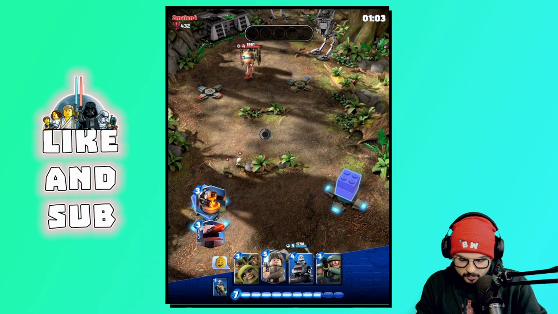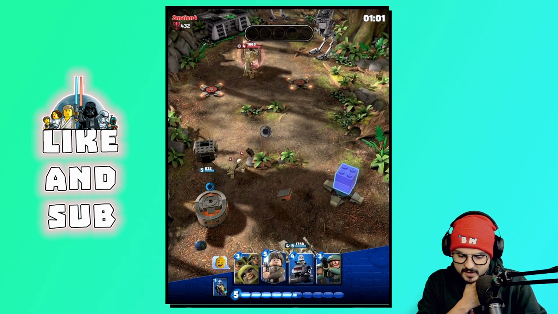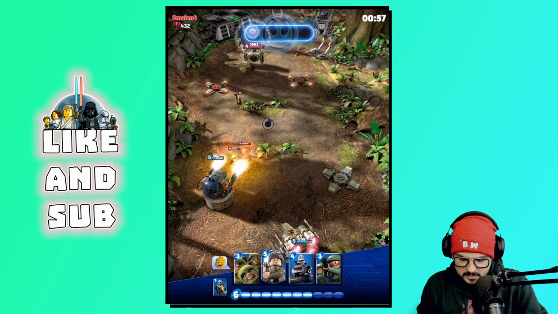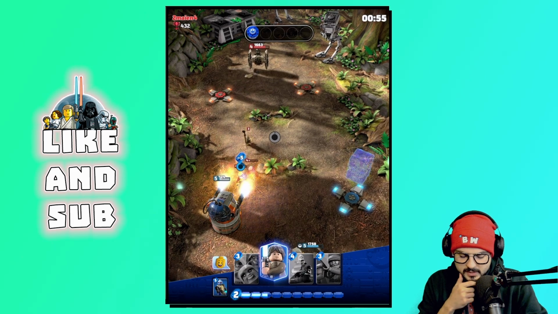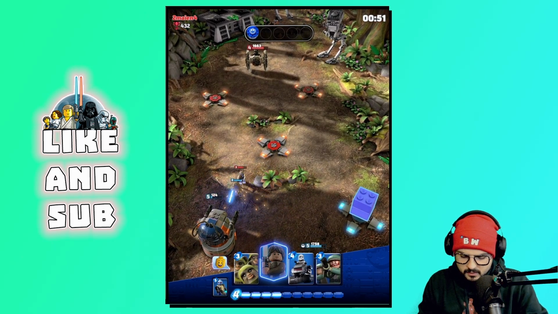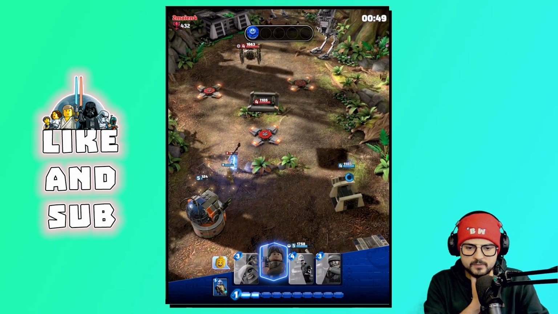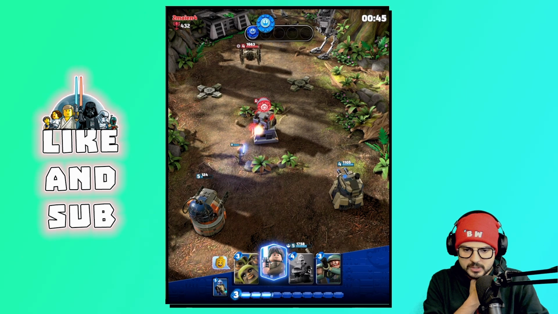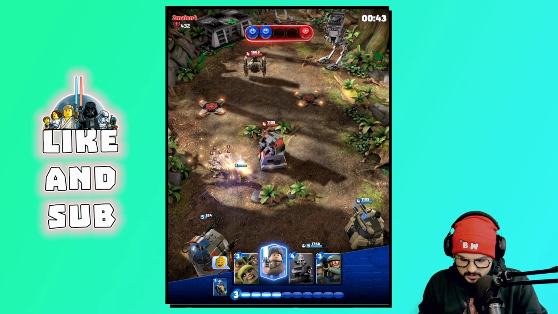And then I think we'll put down fire tower to defend. Not bad. I'm going to put down Luke again to stop the Tusken Raider. And I'll put down another tower defense over on the right-hand side. Okay, so Luke should be able to push in, which is